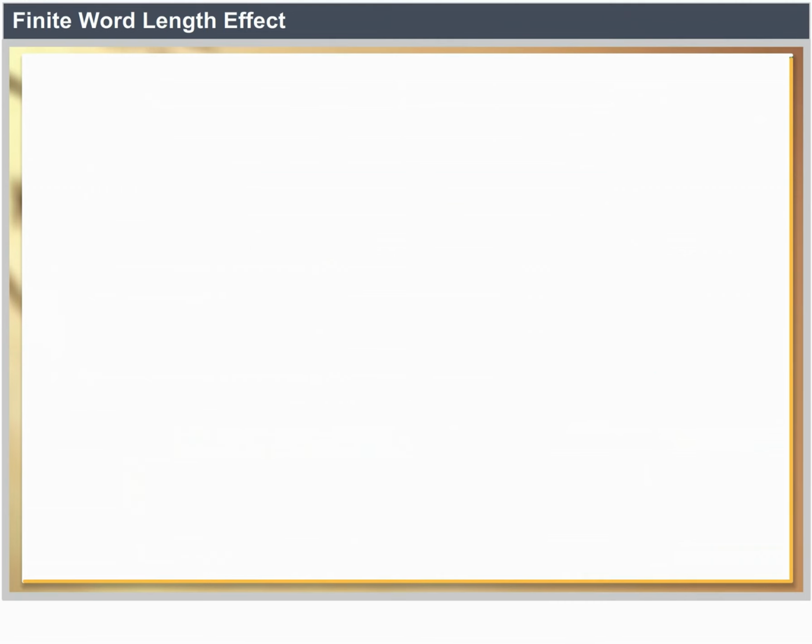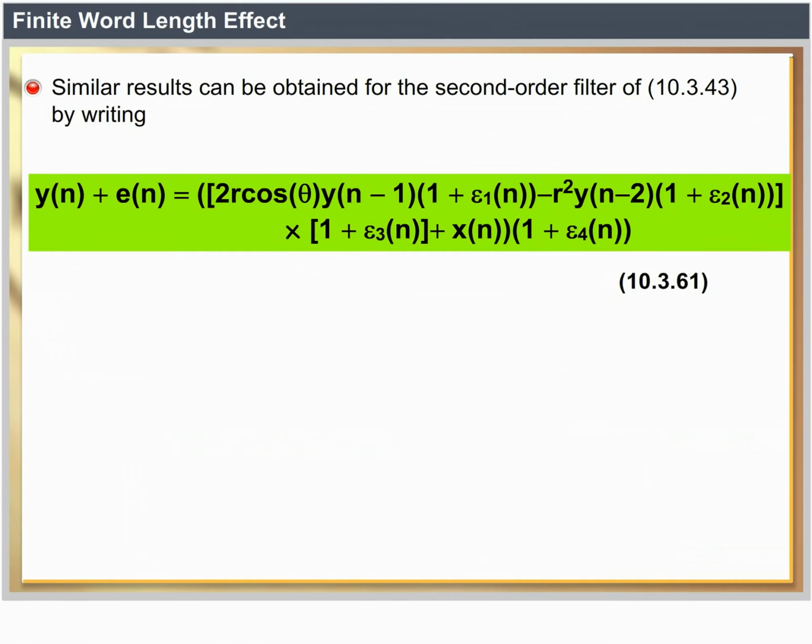Similar results can be obtained for the second order filter of 10.3.43 by writing y of n plus e of n equal to 2r cos theta y of n minus 1 into 1 plus epsilon 1 of n, minus r square y of n minus 2 into 1 plus epsilon 2 of n, into 1 plus epsilon 3 of n, plus x of n into 1 plus epsilon 4 of n, is called equation number